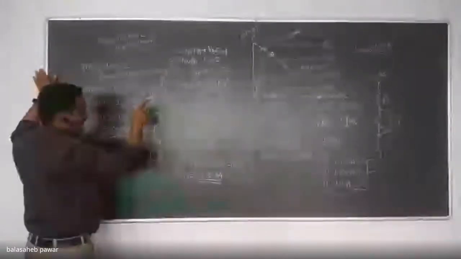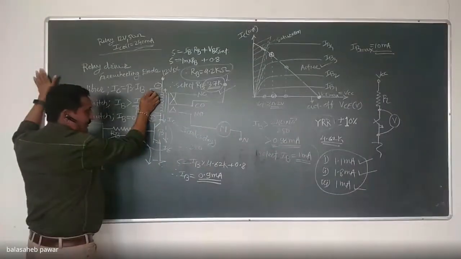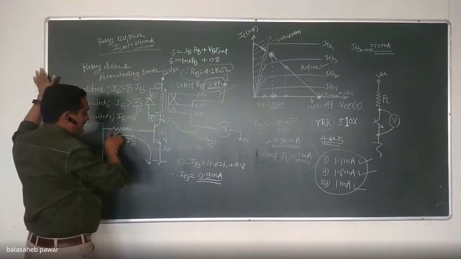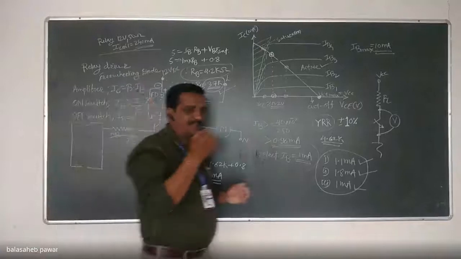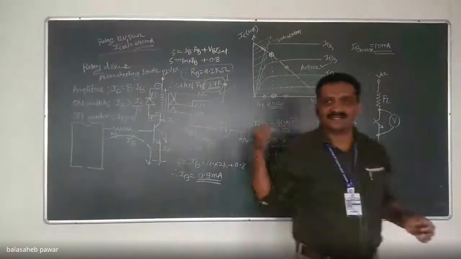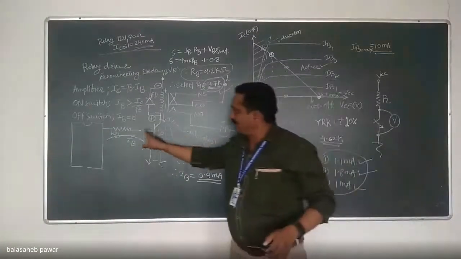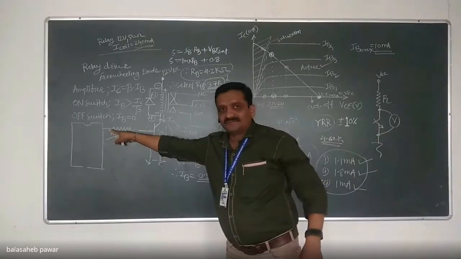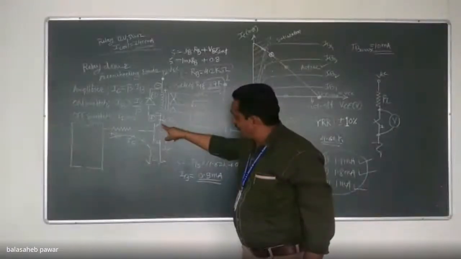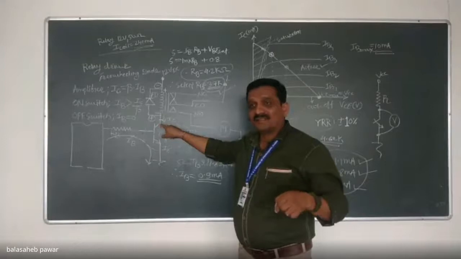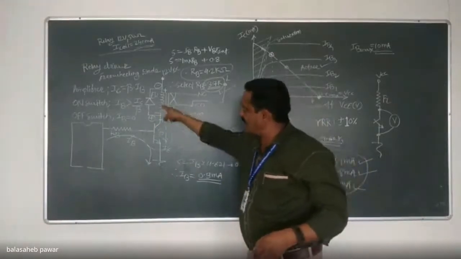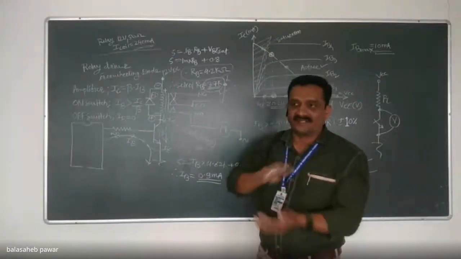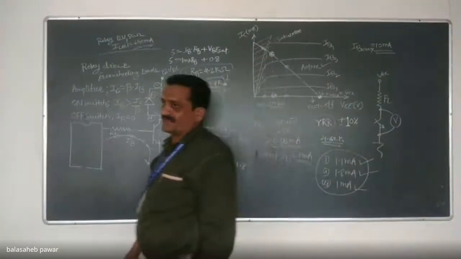If this diode is not there, what will happen? The base terminal of the transistor is at zero potential, which is the P region or P semiconductor. It is the NPN transistor. Base will be at zero, right? While its collector terminal, which is N type, is at very high positive potential. That is nothing but the energy stored by the inductor and the change in polarity of that stored energy.